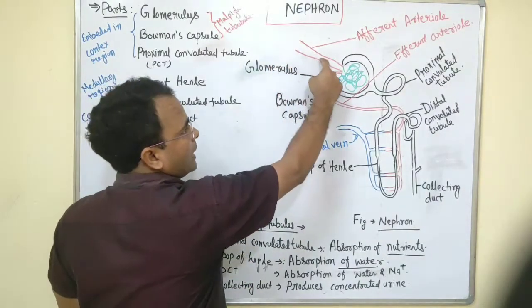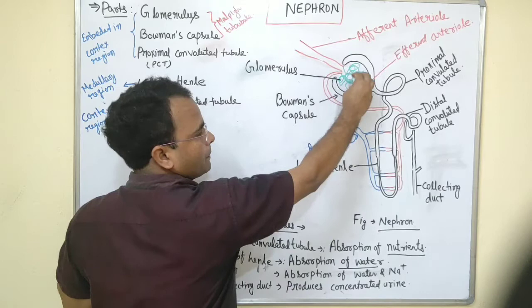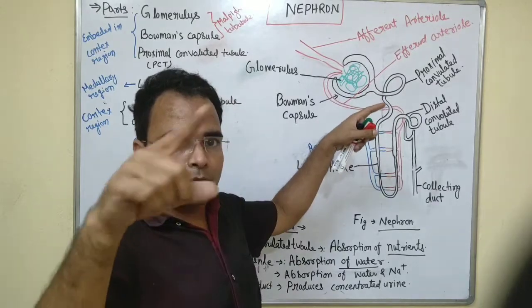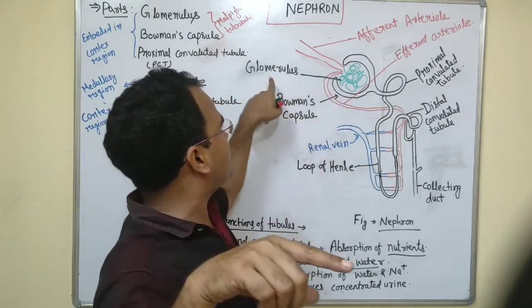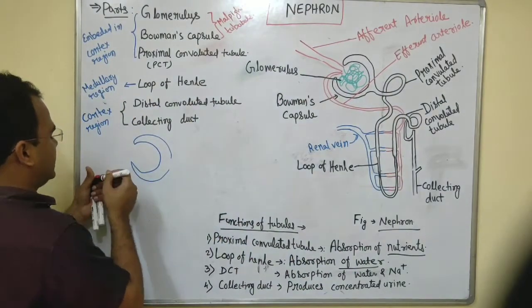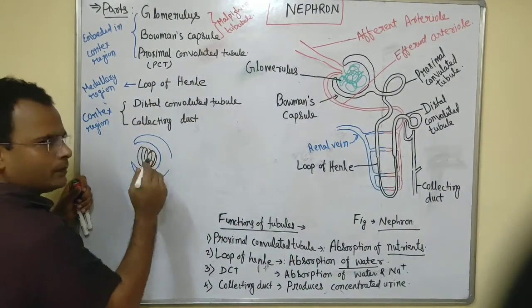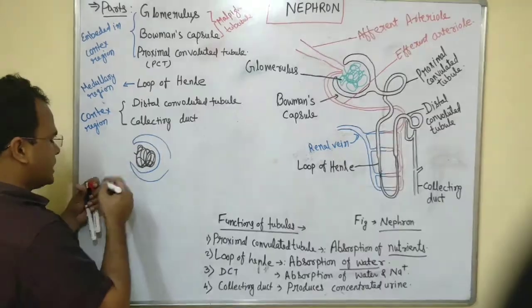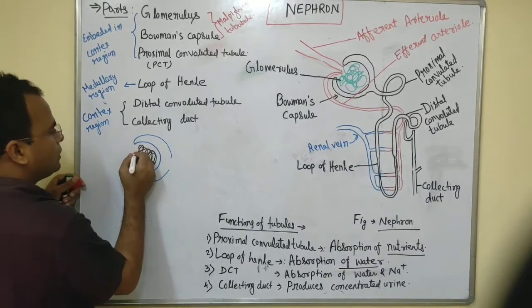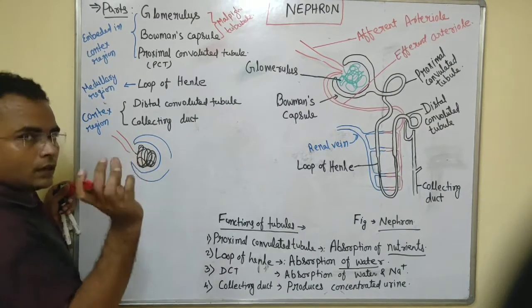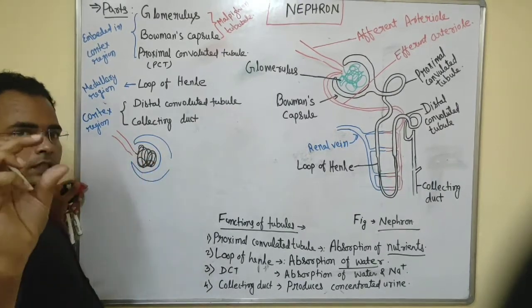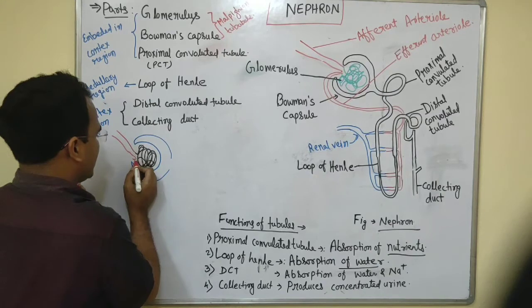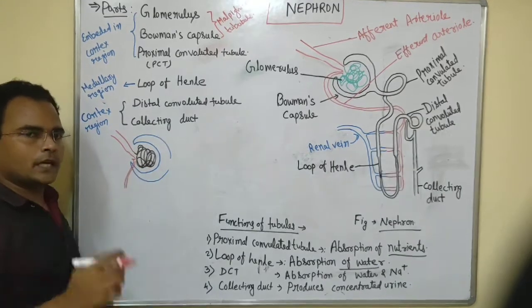The blood coming from the afferent arteriole meets in a particular place inside the Bowman capsule, and it forms a very complex network-like structure called the glomerulus. So we will make the glomerulus. No need to worry how we make the diagram, just make it complex. This is the glomerulus, attached to the afferent arteriole, a big artery, whose lumen is broad, and it comes out from here with a narrow lumen. See, I made a very small lumen.